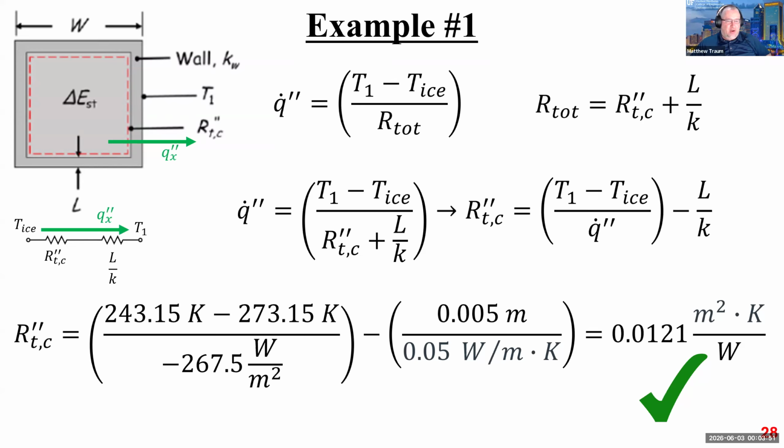And so you can see very quickly this is going to be a negative number, which is why I needed that negative sign to stay in there, right? So it all does actually work out if you account for it in a self-consistent way. So this temperature gradient divided by some total resistance is going to equal that heat flux. What's the total resistance? Well, it's the resistance associated with the contact resistance between the ice and the wall. So that's this R double prime that I'm looking for,